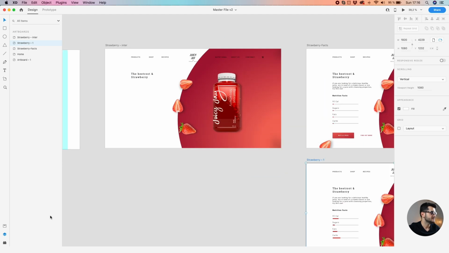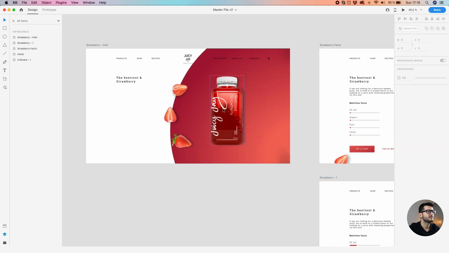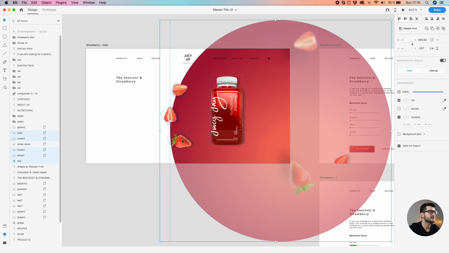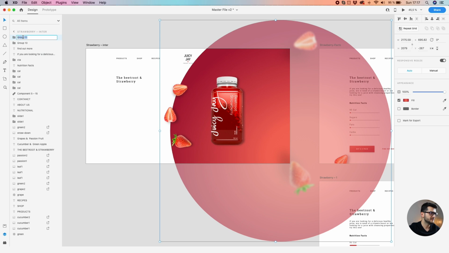So let's start by going to the layer panel and let's create groups. We need to create a group with these elements, with the bottle, the strawberries, and the background. You can see we have them selected here. These two we will not group them together, or let's group them. When we have all them selected, press Command G. We have a group. Let's name it